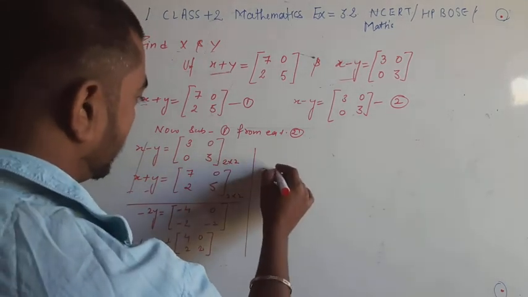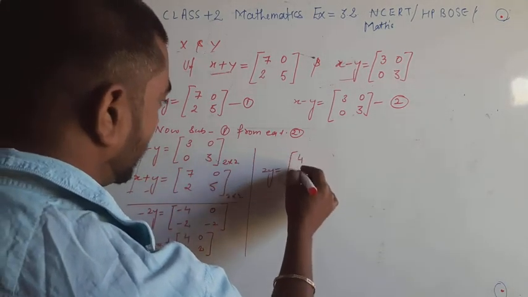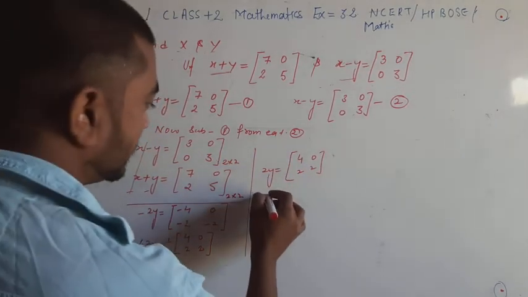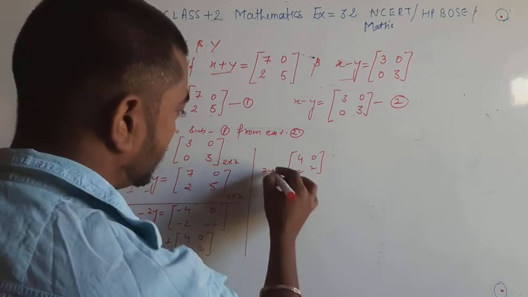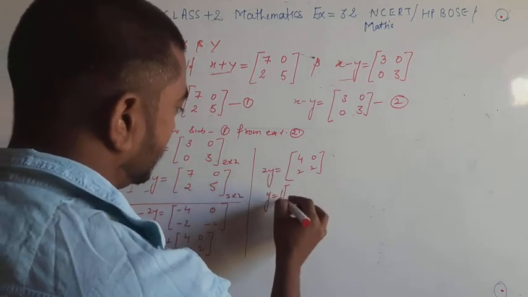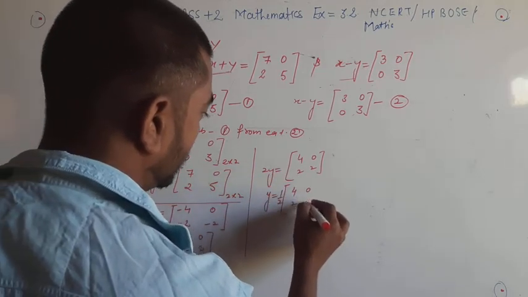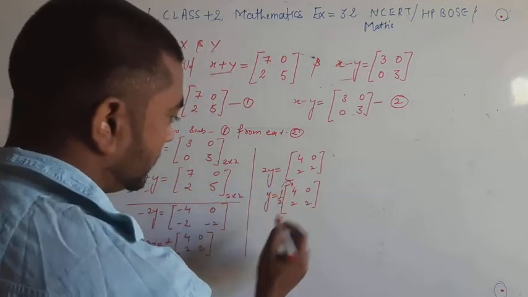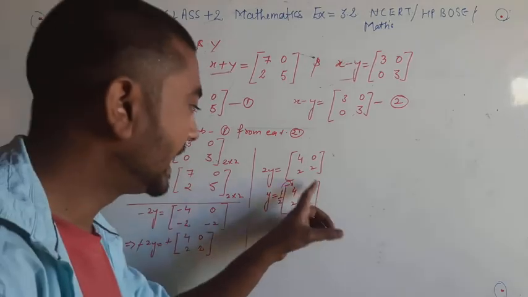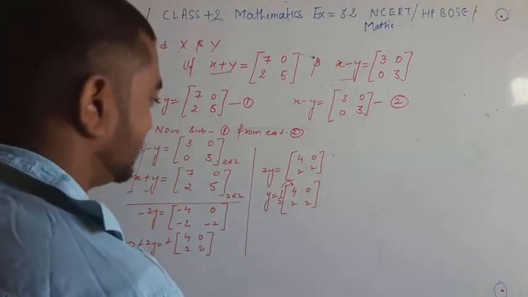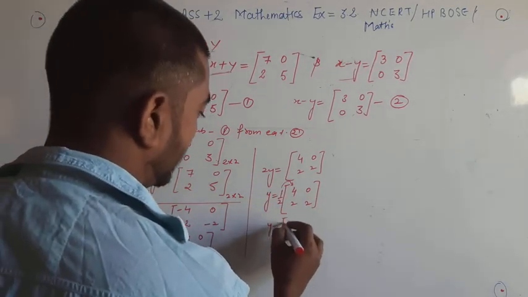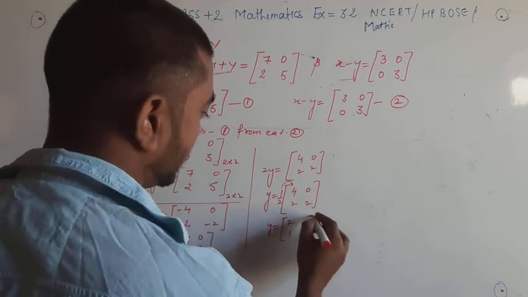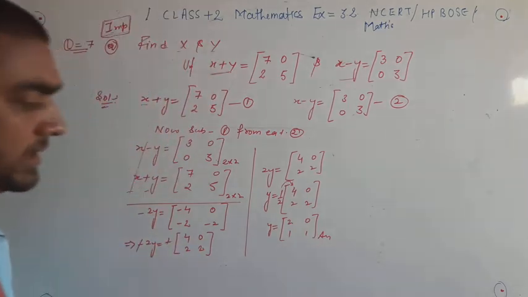It will become 2y equal to 4202. So the value of y will come out 1 by 2 times 4202. This 1 by 2 will multiply each of the elements of the given matrix. Then the real value of y will come out 2101. So this is the value of y.